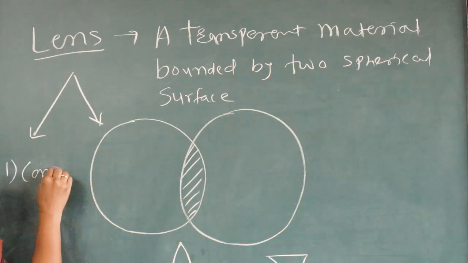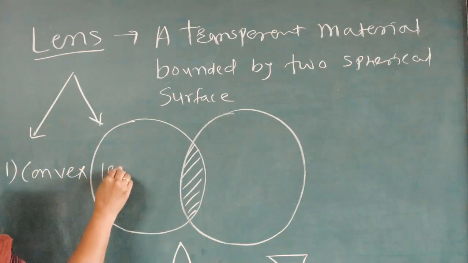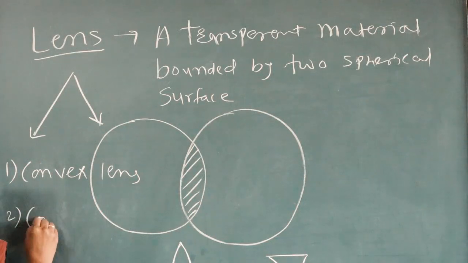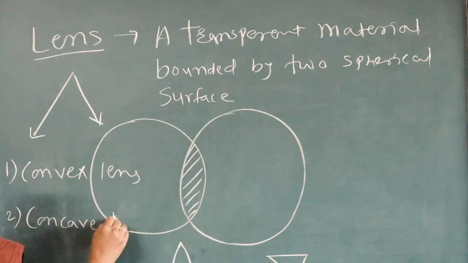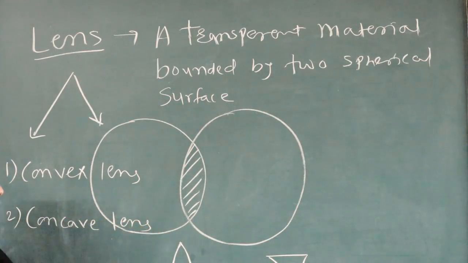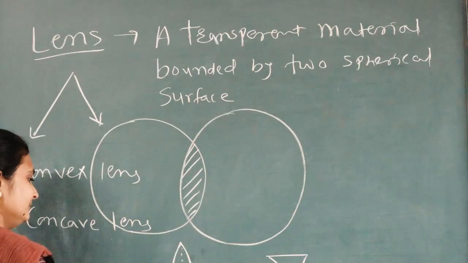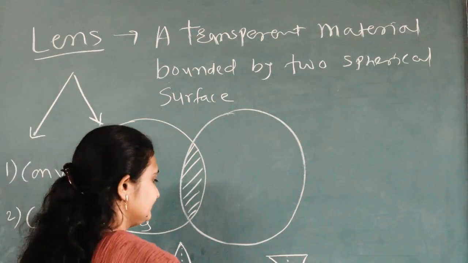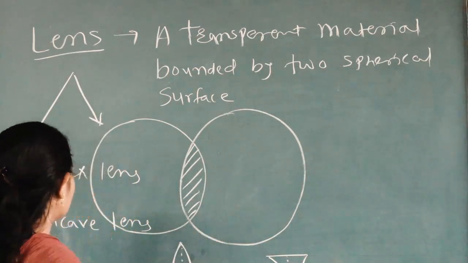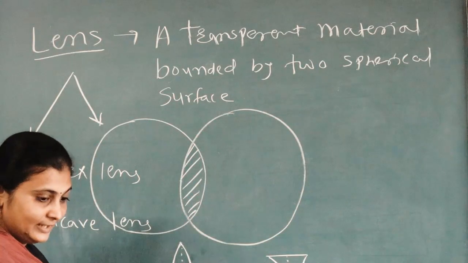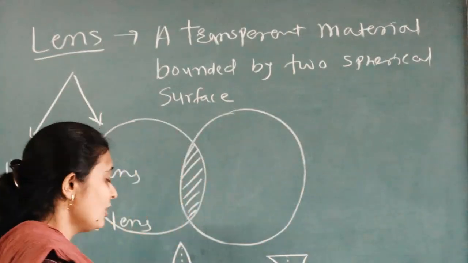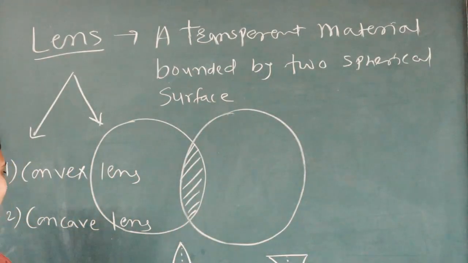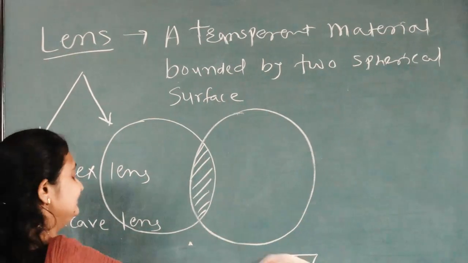One is convex lens, another is concave lens. This is the diagram for convex lens and this one is the concave lens. Now, why is a convex lens called converging and why is a concave lens called a diverging lens? See,